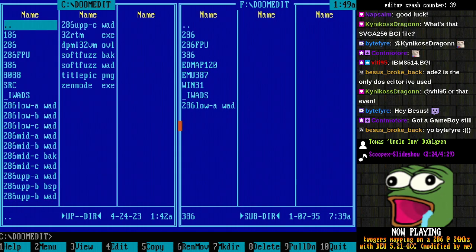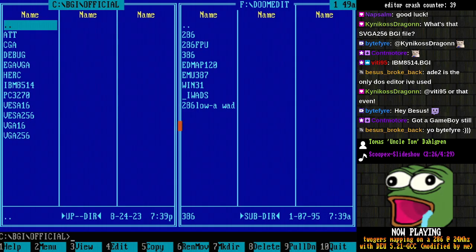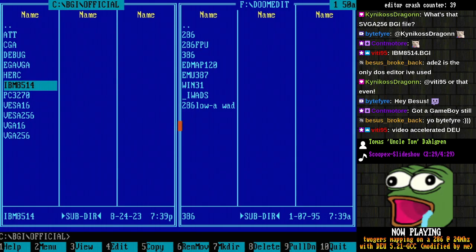As a matter of fact, I happen to have a whole bunch right here. Out of the official ones here, we have ATT, or Olivetti M24, I think it's called. CGA, EGA, VGA, Hercules, the IBM 8514 standard,